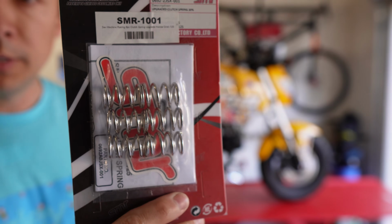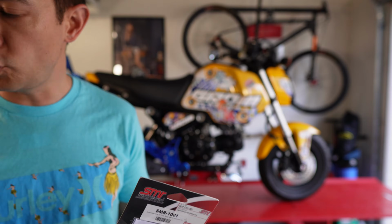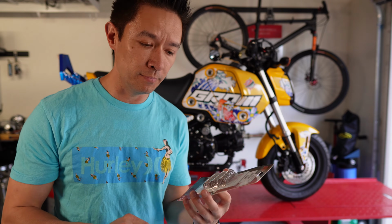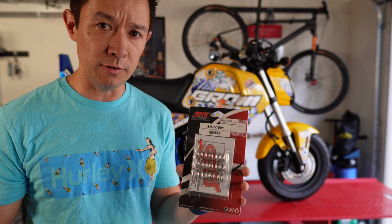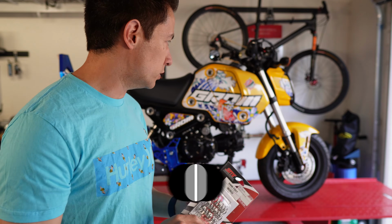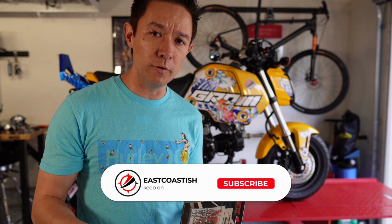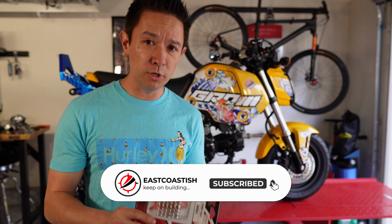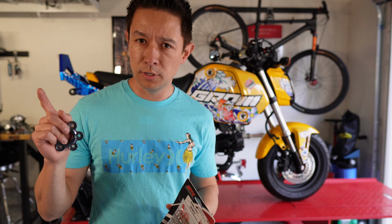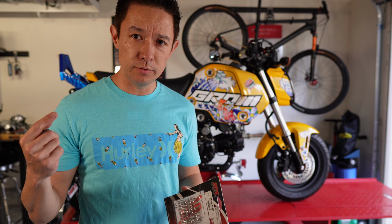These are the same brand that I have in my Track Monkey, although this time I'm doing 30% springs. Talking with the guys from Impact Tech, they said 30% springs is the right stiffness for doing clutch ups and other things on a stunt bike. And honestly, on my Track Monkey, where I've got the 60% springs, I think I'm going to swap them out for the 30% springs if they feel better, just because on the track, it's only about a minute to do